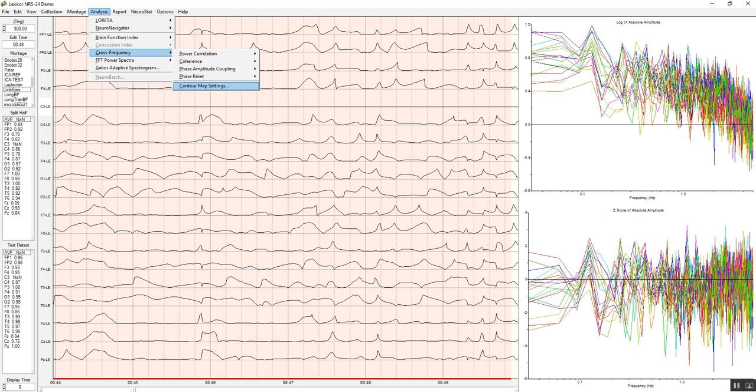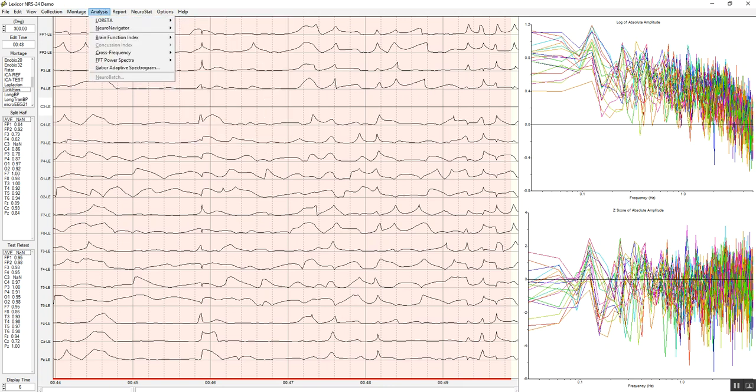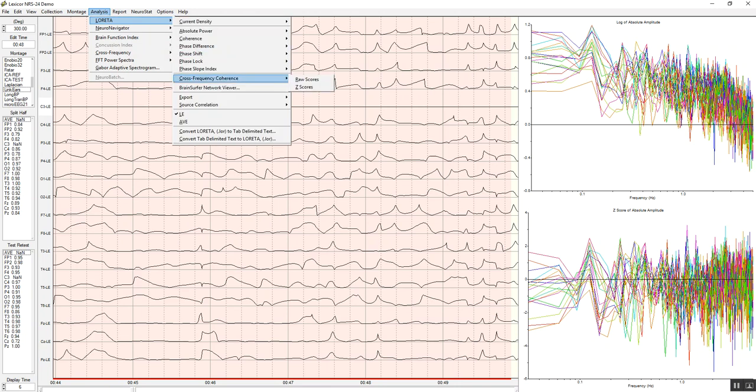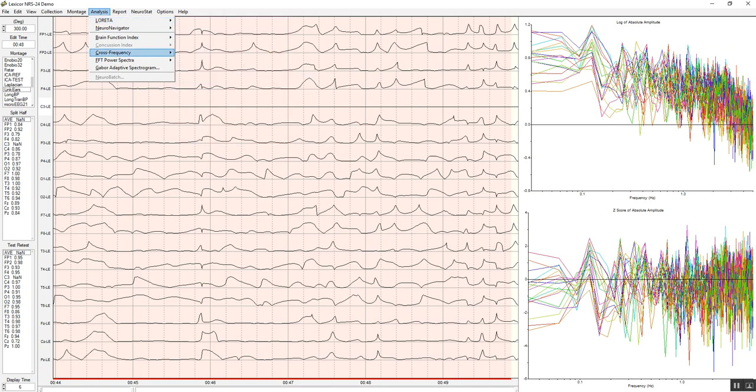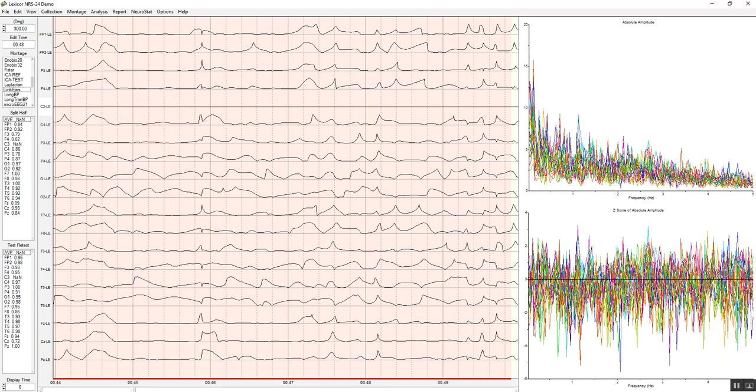You can control the color map settings here. I'm not going to bother doing this because it takes a little time, but anybody with the demo, this is the demo, can play around with it. So the cross-frequency is embedded in LORETA here, and there'll be more of those. And cross-frequency is at the surface. And then, of course, you have the dynamic bispectrum of, this is log spot, this is a linear plot. And so that is what's available in NeuroGuide now, and will be coming out in greater detail in the future